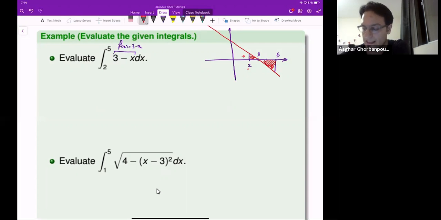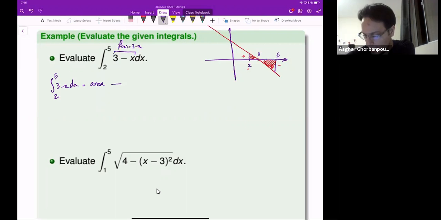So above x-axis means that it will contribute to the integral with plus sign. The other triangle, the bigger triangle, is under the x-axis, so it will contribute to the integral by negative sign. So in other words, integral of 3 minus x from 2 to 5 is going to be area of